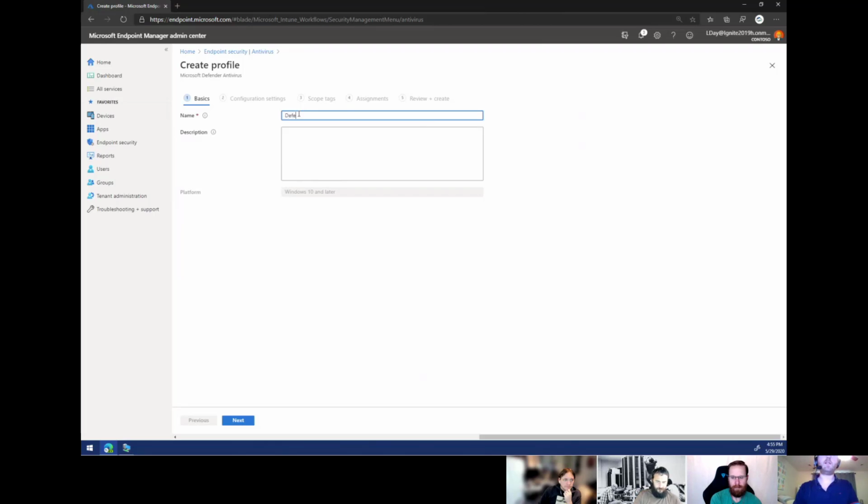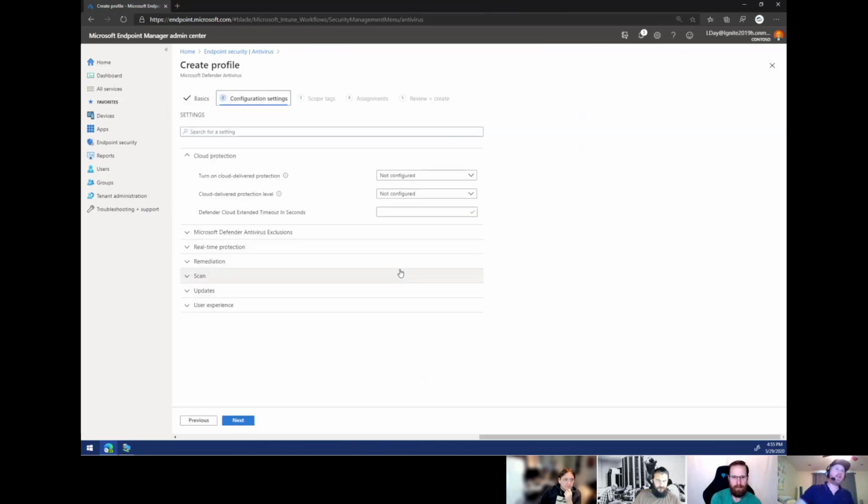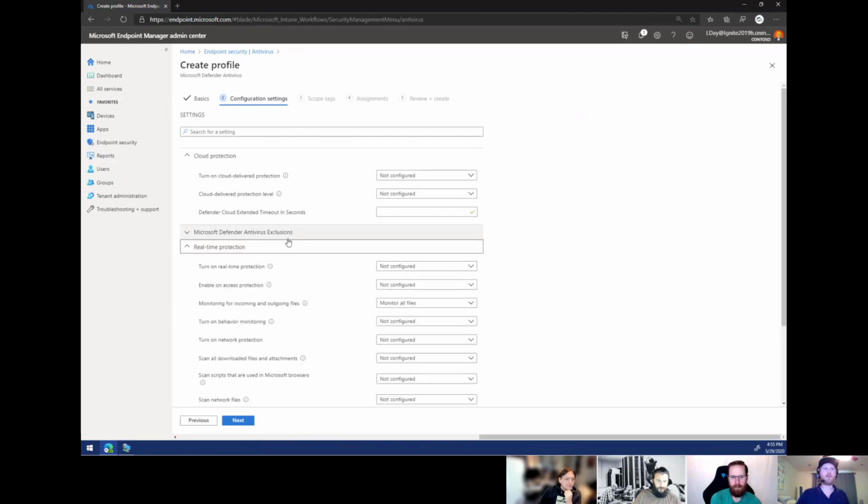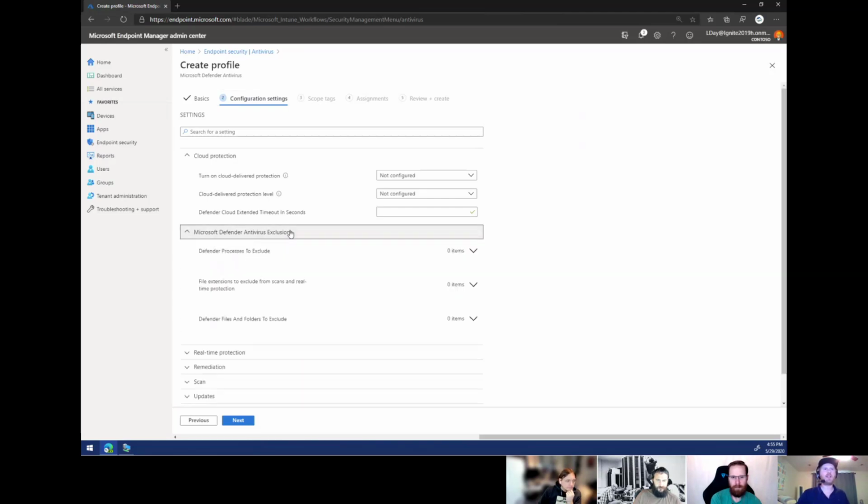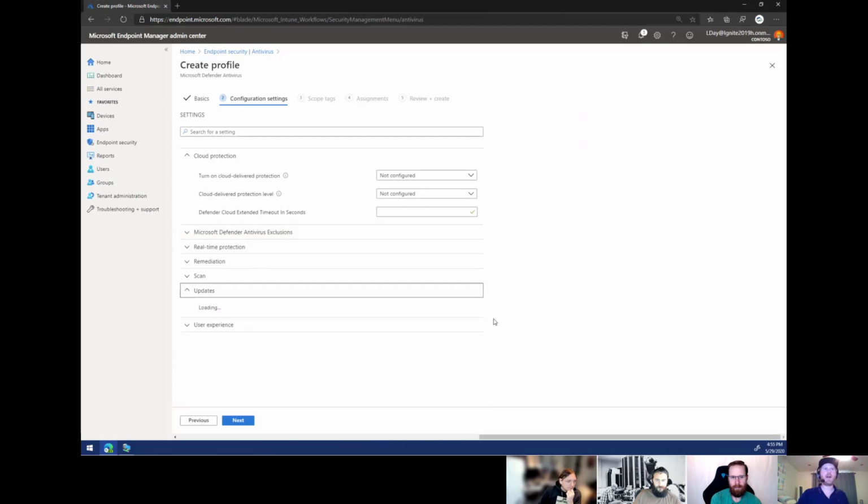Let's go with just Defender AV. So rather than that big, huge monolith policy, we've just got all the AV settings. We split them out into the correct categories, so they're really obvious as to what we're going to be doing in here. We have the real-time protection stuff. We have the AV exclusions. How we're going to handle updates, those sort of things. And then it's as simple as walking through this and deploying it, just like any other Intune